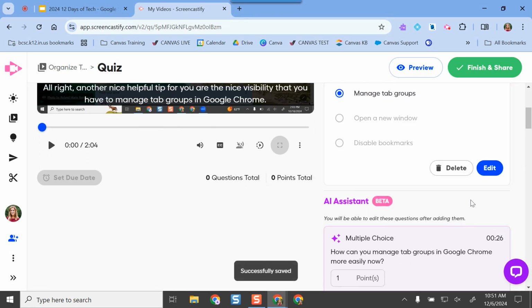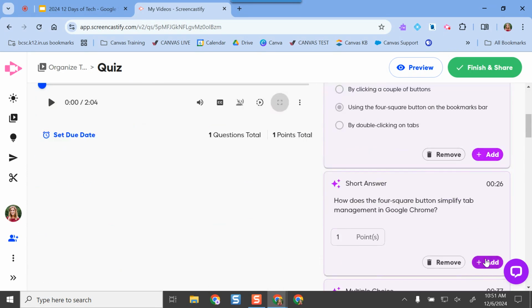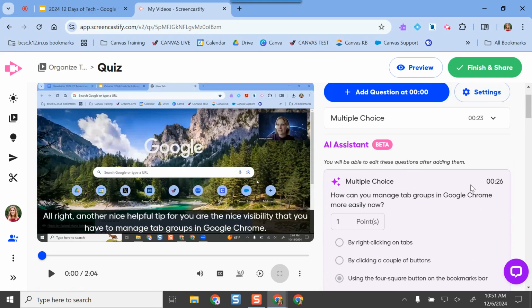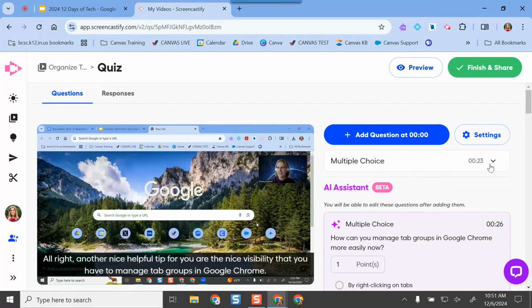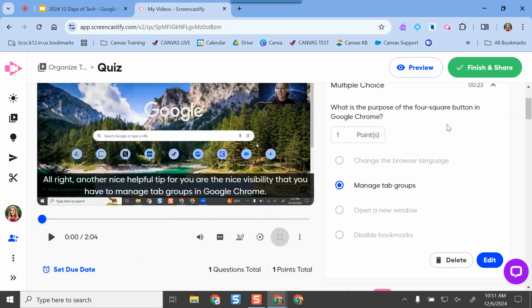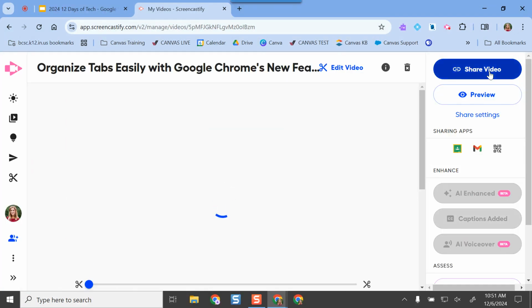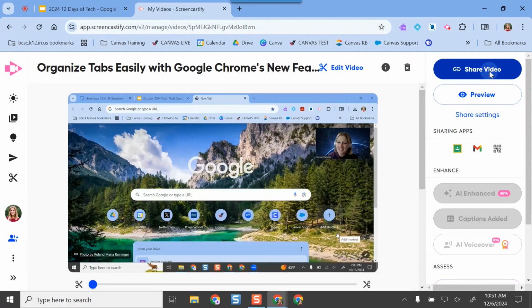So let's say I want to add that one, and that's actually the only question that I want to add. So I can add more if I need to. It'll keep thinking of more and more. Whenever I am finished, it's going to show my question up here. So this is where I can go and edit this if I need to. And whenever I am good to go and I've added as many questions and pieces on here as I want, I'll do finish and share. And then it kicks me back into this sharing screen, this main menu, and I'll just click the share video